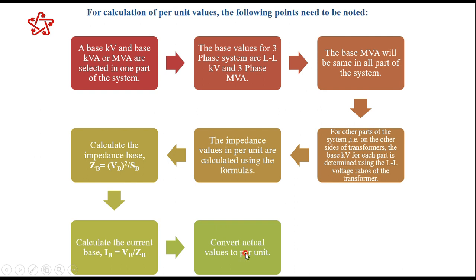That is, you have to choose base kilovolts and kVA or MVA in one part of the circuit. The MVA or kVA remains the same for all parts of the circuit, and the base voltage changes from one part of the circuit to another because there is a transformer in between. You have to multiply by the transformer ratio and get the base values in the different parts of the circuit. Once we know the base voltage and base MVA, then base current and base impedance can be calculated. This is the procedure you have to adopt for the calculations of the